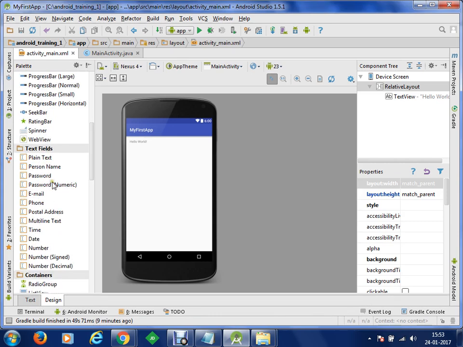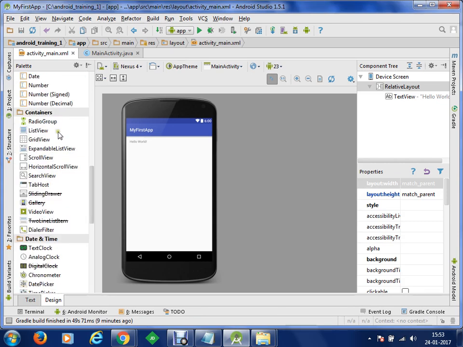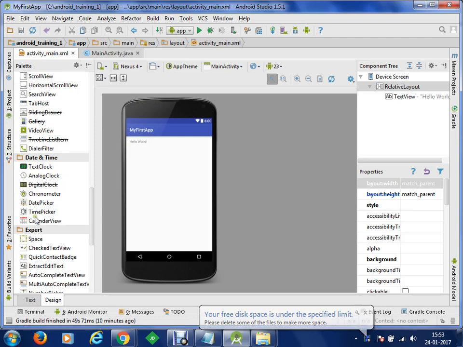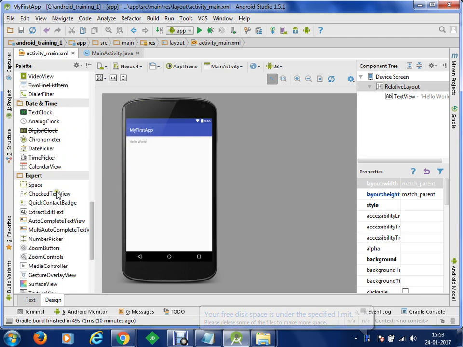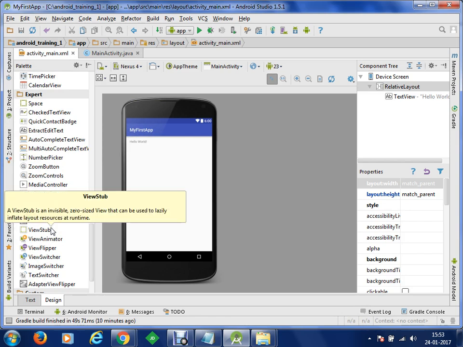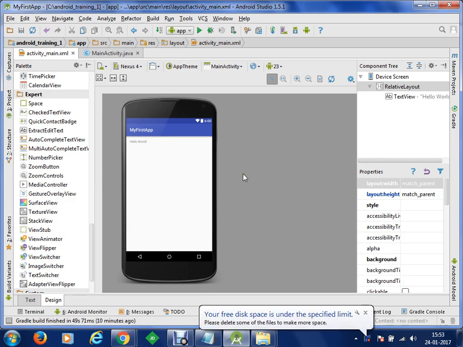Then you will be using text field controls. These are container controls which are very important as far as Android application development is concerned. Then you have date and time controls. You have expert controls which you can learn in expert Android application development. The central screen will display how your user interface will look.